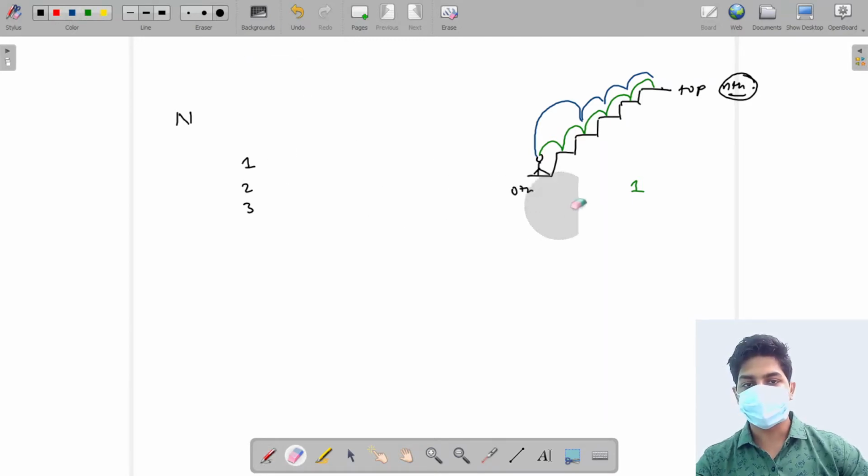So let's do one thing. Let's first try to think of this problem recursively. How can we solve this? Before solving recursively, let me give you a trick. How can we think about these problems? Whenever we are asked to find the number of ways in which we can do a task, the number of different paths, how can we do this?